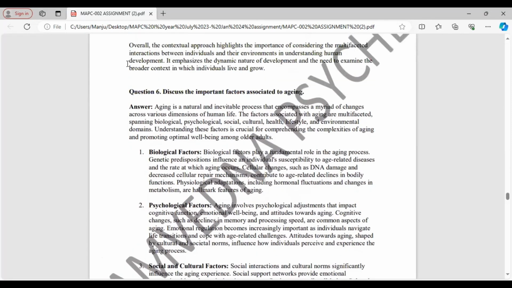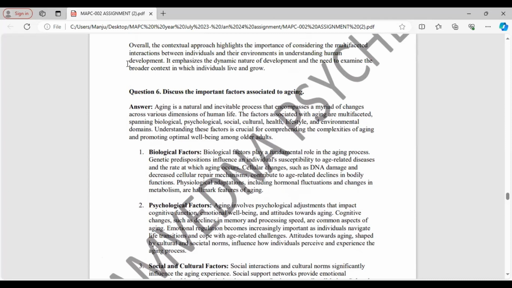Question 6. Discuss the important factors associated to aging. Aging is a natural and inevitable process that encompasses a myriad of changes across various dimensions of human life. And then we'll discuss the factors. First one, biological factors like genetic predisposition influence an individual's susceptibility to age-related diseases and the rate at which the